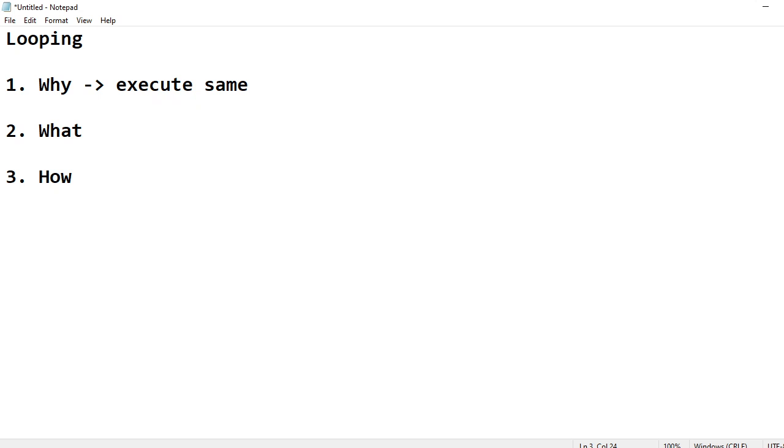You cannot execute different statements using the looping. So if the same statements are getting repeated, for that we can use looping. So execute the same set of statements, and it should be multiple times, right?